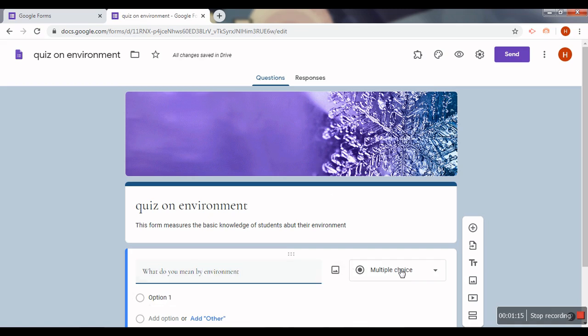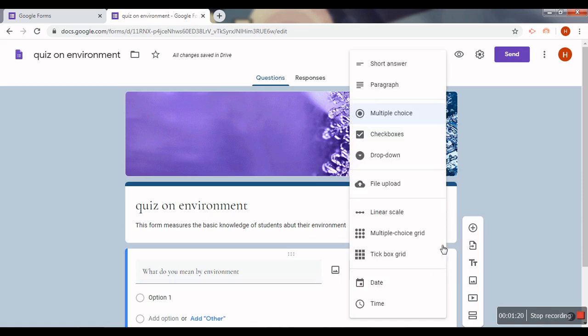When you talk of this question, there are options. You can see there are a number of options that you can take up for answers. You can ask for a short answer, or we can ask the student for an answer in a paragraph. We can put up a question with multiple choices, check boxes, drop down, or the student may have to upload a file, we can do that also. We can use a linear scale. So many times when you have to measure attitudes, or get a rating, like which is the best product, or rate some pictures, then you can use linear scales. If you want students to match the columns, we can use the multiple choice grid. So you have different options that you can use for answers, right?